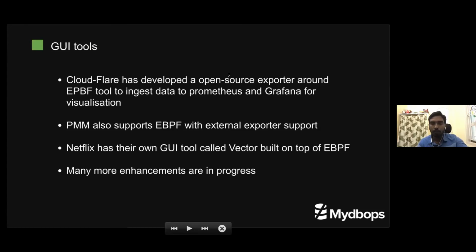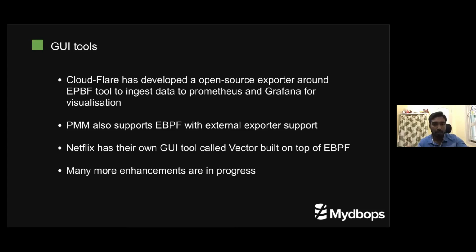So what is next? We have special exporters built on top of eBPF for polling. Nobody wants to see all the tools, since typing in tools is a time-consuming task, and everyone likes a GUI tool.